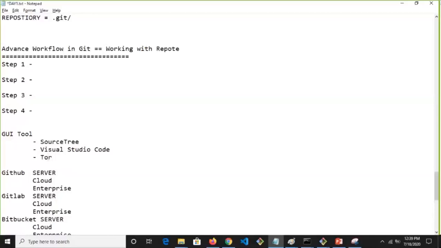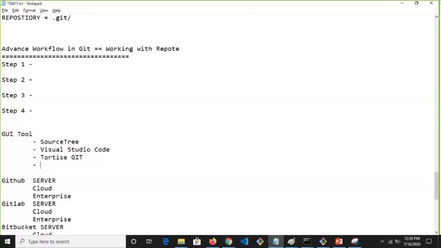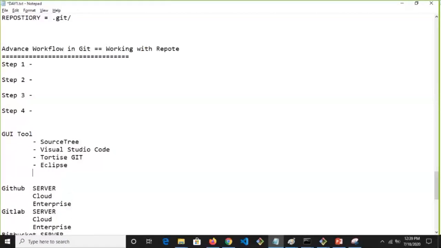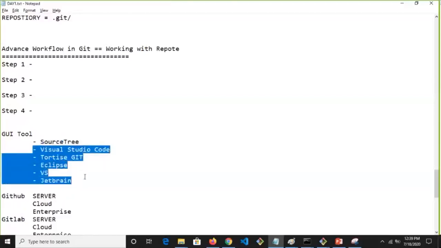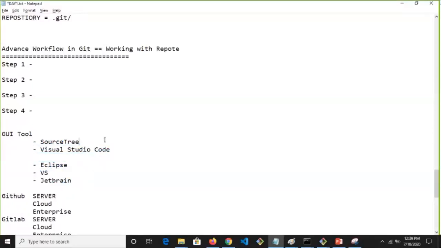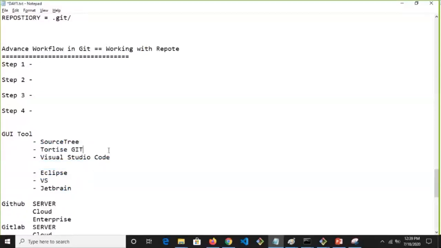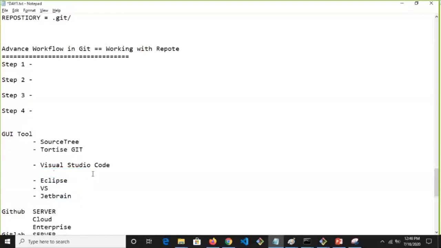If you are coming from an SVN background, why not? You should try TortoiseGit. You can try Eclipse also, guys. You can try Visual Studio. You can try JetBrains. See, in any IDE you go, you have Git integration in place. If you want a standalone installer, you can use this one. If you want to use an IDE, these are the things you can do. These two are standalone, and all the remaining are IDEs.